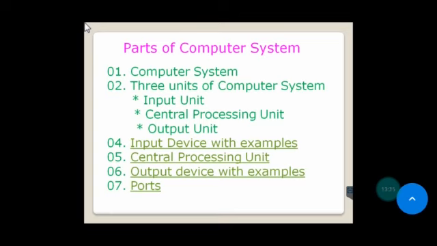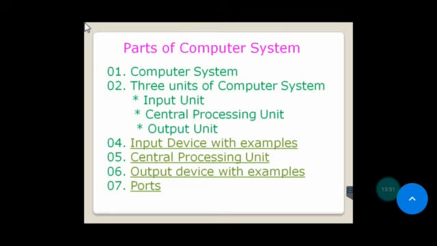Various input devices like keyboard, mouse, OCR, mic, joystick, etc. Central processing unit performs the required operations as per given instruction. Third one, output unit. Output unit produces meaningful results in the desired format for the user. Examples, you can say monitor, speakers, printer, etc.